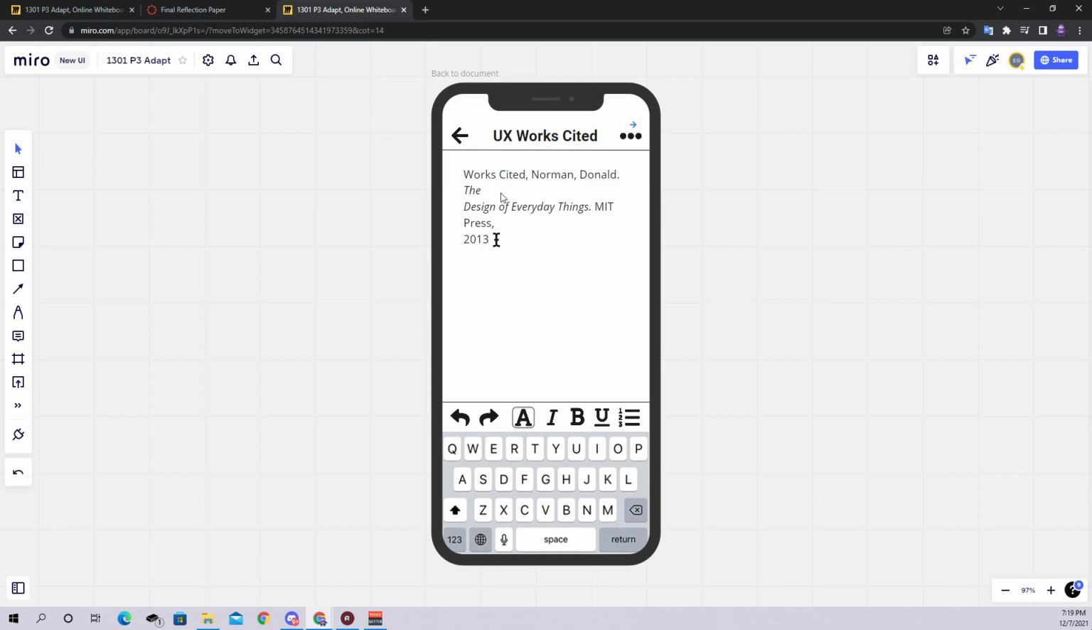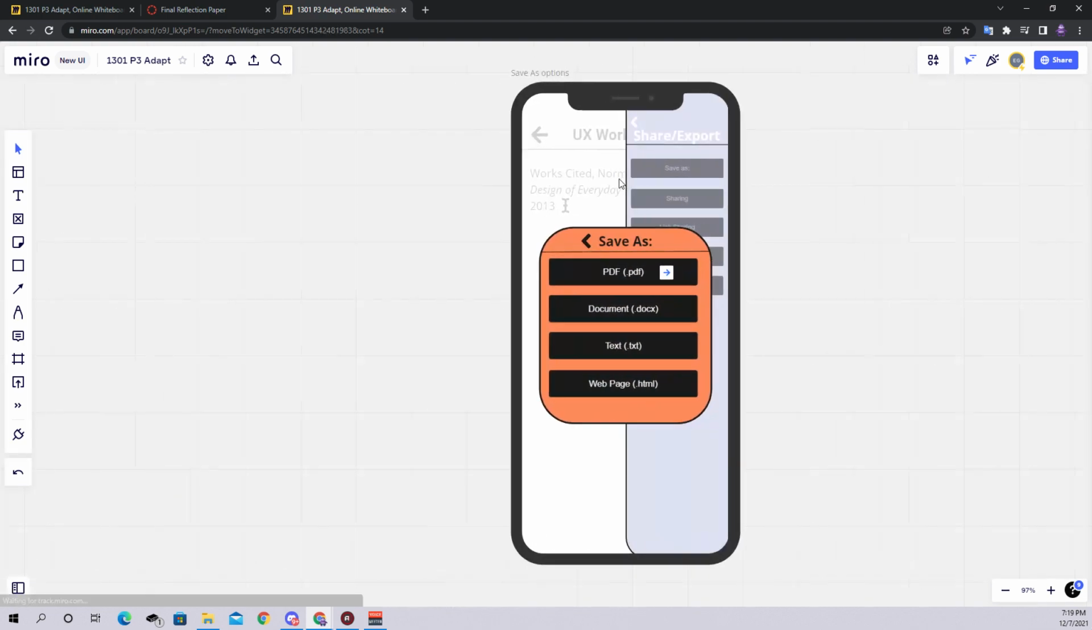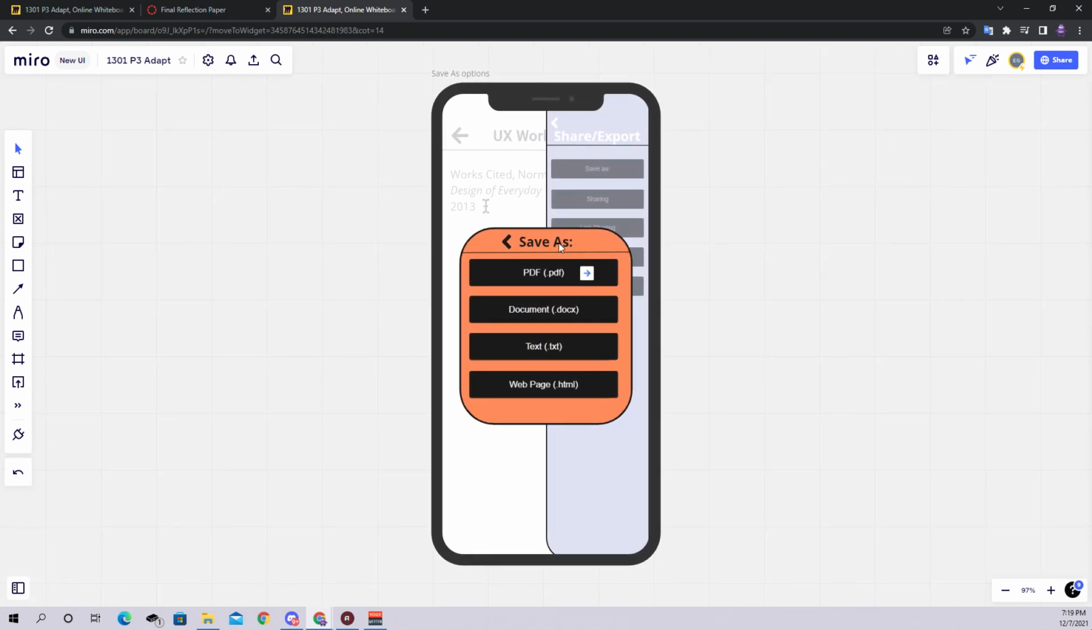Now the next step is to save the document as a PDF, I believe. Yep. And so go back to your options. This time you choose share/export, and once you get to this menu you have all these options: save as, sharing, link sharing, copy, and print. But here you would do save as, and your save as menu comes up where you have PDF, document, text, and web page. You would click on PDF,